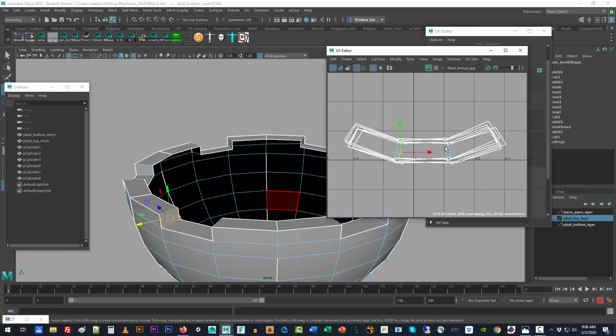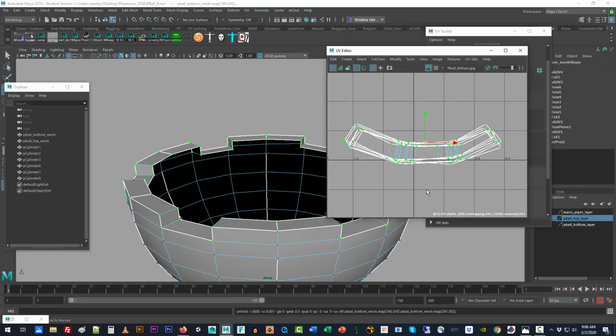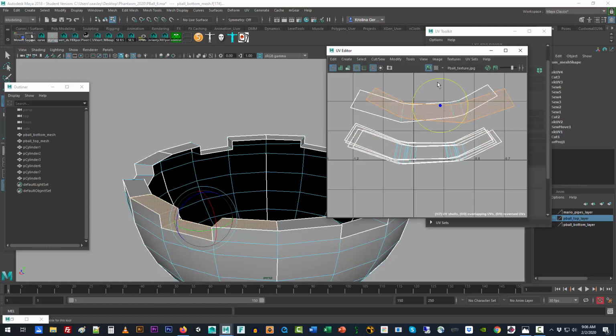We don't want that. So what we're going to do is grab all these UVs at once and come up here to Modify and then do an Unfold. Now what we have, let me go back to UV shell, is these things that have relaxed a bit and revealed those polygons. So at this point I want to line things up a little bit again. They're not going to be perfect by any stretch, but I want to line them up